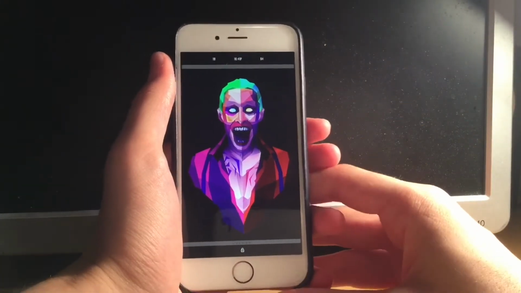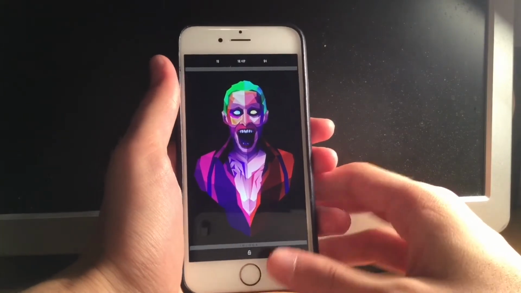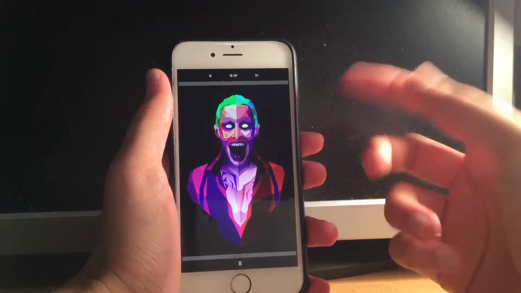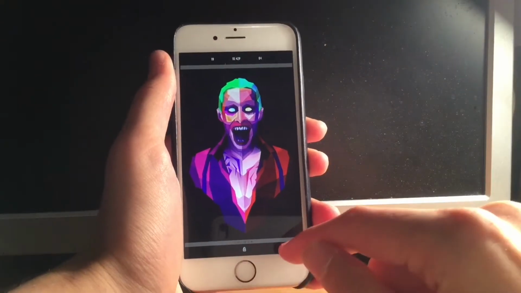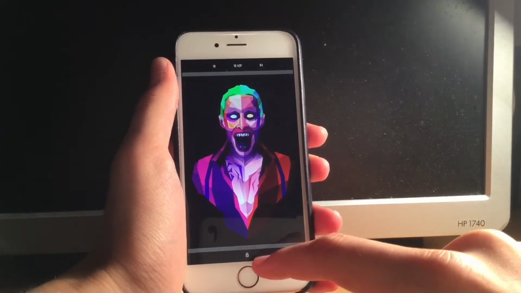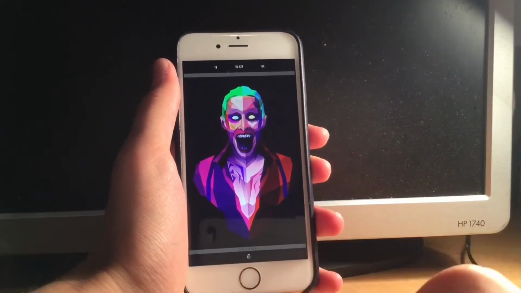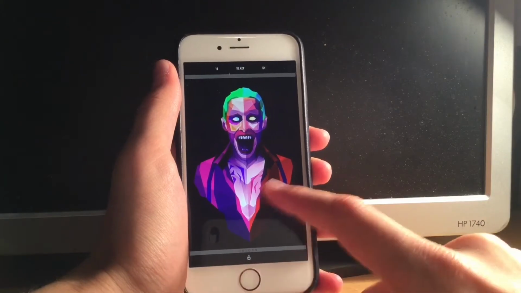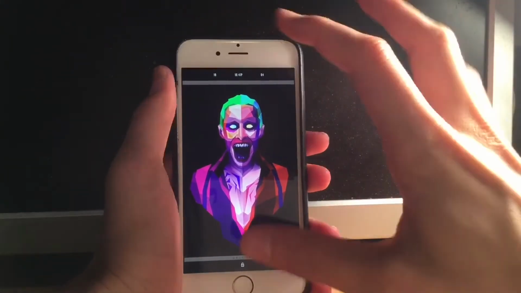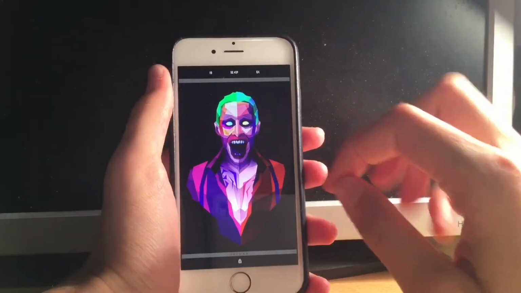HideMeX is a tweak that hides a lot of elements in iOS. As you can see, I have hidden the status bar, the swipe to unlock text and everything, the camera grabber, the notification and control center grabber. Everything that is hidden here is due to HideMeX.